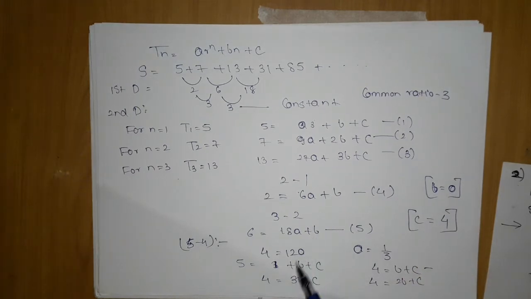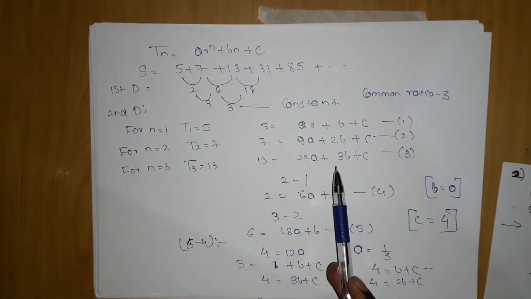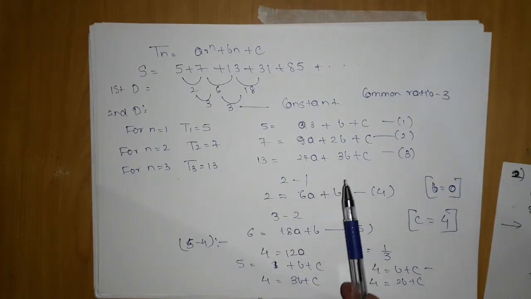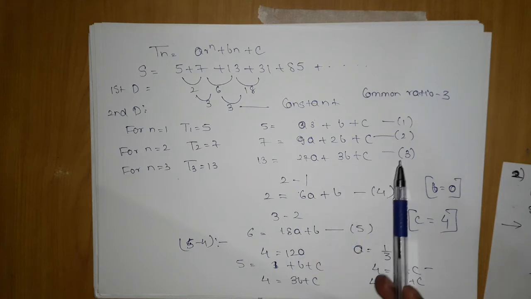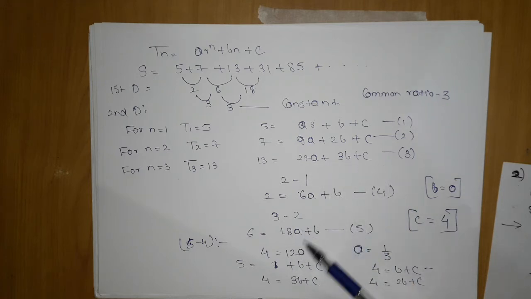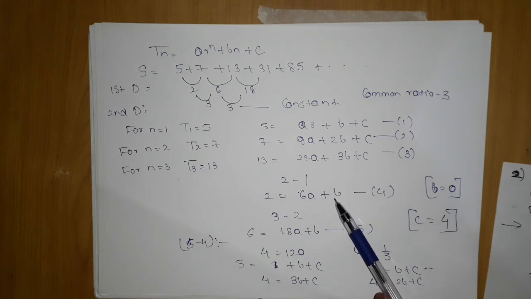You can get the right answer from any equation. These are normal equations, there are 3 equations and 3 variables, just try to solve them. I did 2 minus 1, then 3 minus 2, and then put the a here, which would give me 2. After subtracting, I would get b equals 0 only, and then c equals 4. So these are our a, b and c terms.